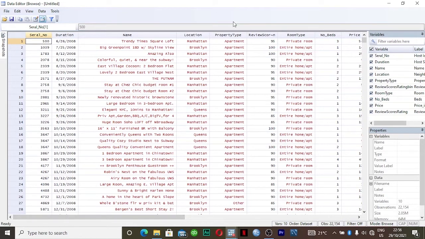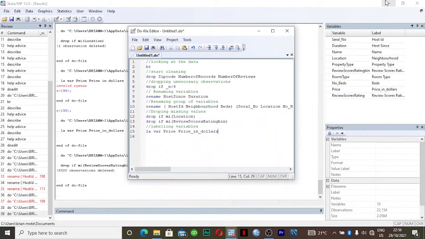The next thing that you're going to do is to compress, to save space so that our data is as small as possible.